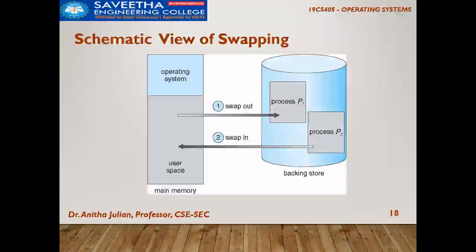So this is the schematic view of swapping. We already saw it in the other diagram also. The operating system is there, and we have the user space. This is where free memory is available. Now all these processes are in the backing storage, nothing but your secondary storage, your hard disk. Supposing process 1 was here, it is swapped out, and then process 2 is brought here. After process 2 is executed, it will be swapped out and process 1 will be swapped in. So swapping is nothing but pushing one process out and pushing another process in. That is the operation of swapping, which can be a swap-in operation or a swap-out operation.